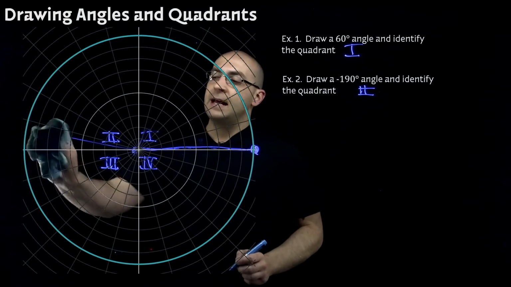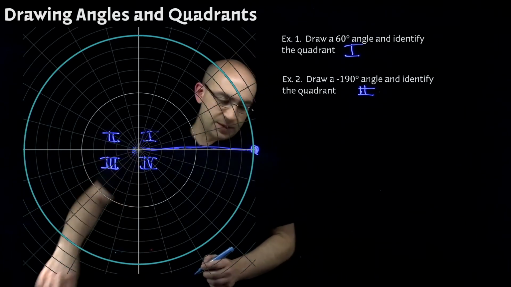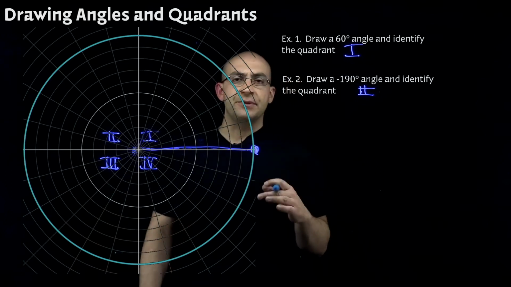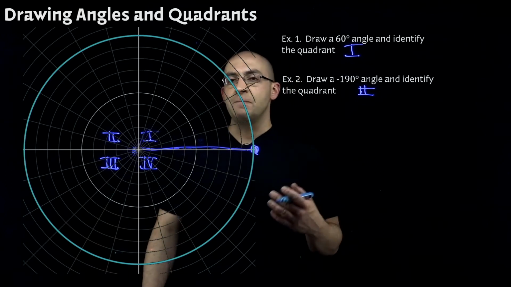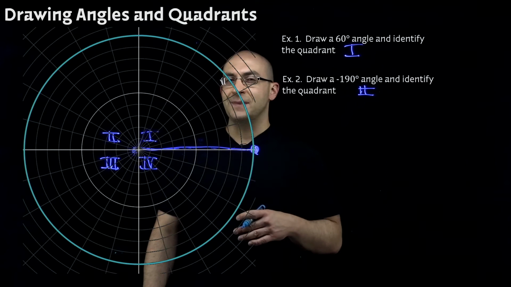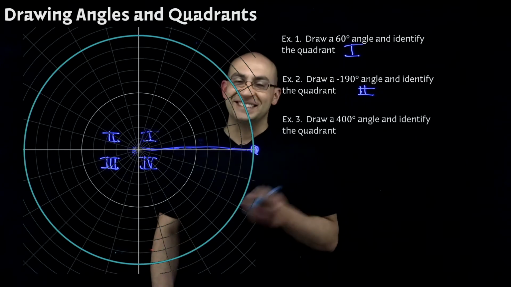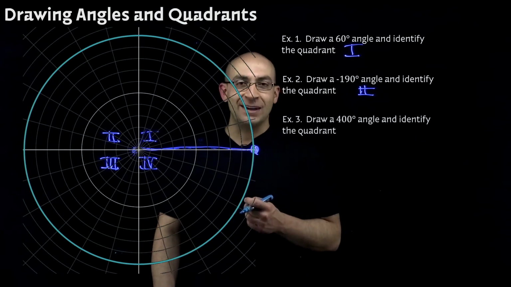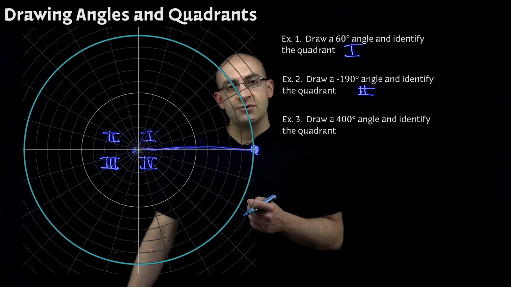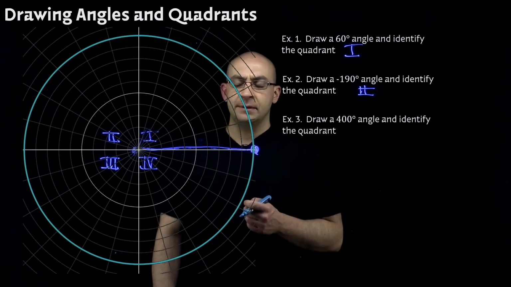All right. I think angles that are between 0 and 360 are relatively simple to draw because we don't have to do more than one revolution. It's when we get more than one revolution that things get messy. Case in point, example 3. Draw a 400-degree angle and identify the quadrant. Now,